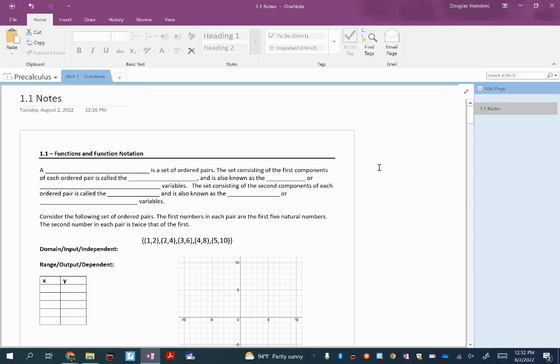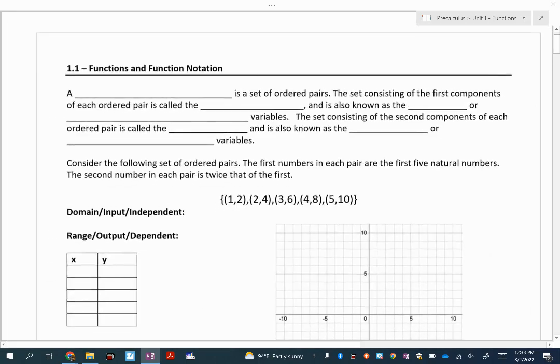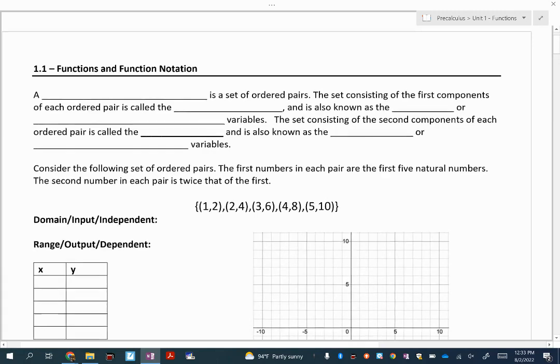Your first lesson for pre-calculus for your senior year. I know it's very exciting. We got a lot of work to do between now and May of 2023, but I promise you it will fly by. So this first lesson, we're going to be talking about function and function notation,